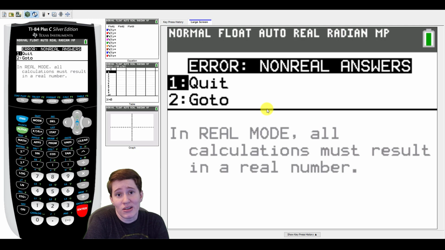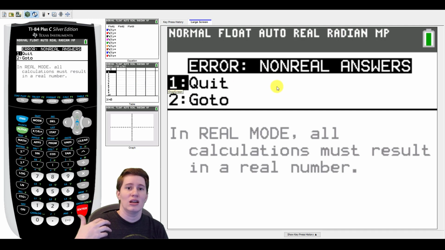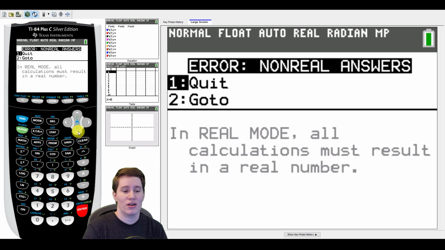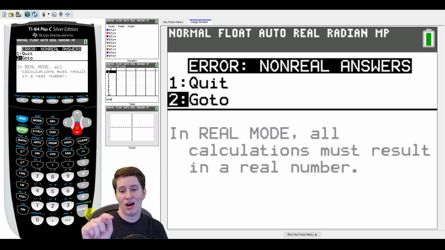Those don't mix, sorry. When you do get an error, most if not all of the time, it gives you two options, quit or go to. If you quit, it's just going to basically put you at a new line. If you press go to, it's going to attempt to show you where the issue is. I think a lot of people just naturally quit out of the error, and that's fine, but especially whenever there's syntax errors, one of the common errors you can get is error, it says syntax. I'll make one of those happen too. If it is a syntax error and you press go to, it will likely show you about where that syntax error is. So I'm going to go to,